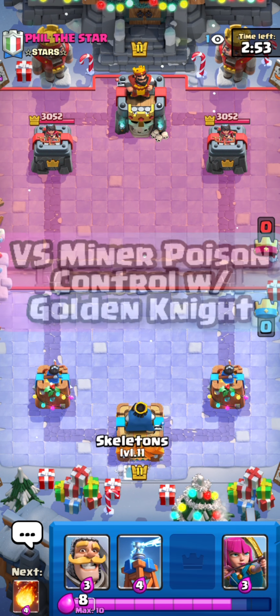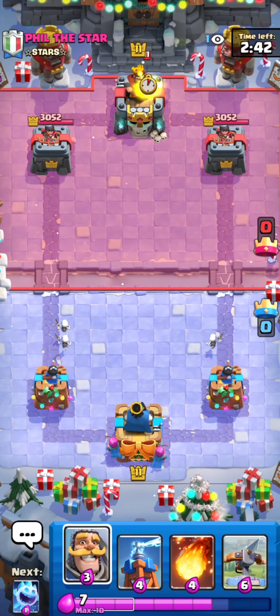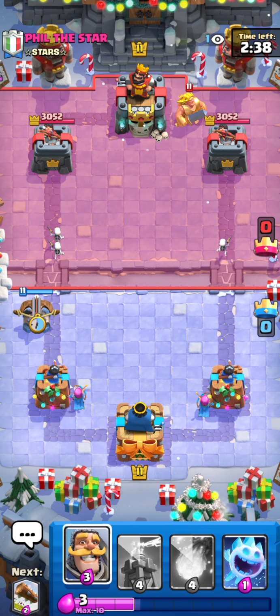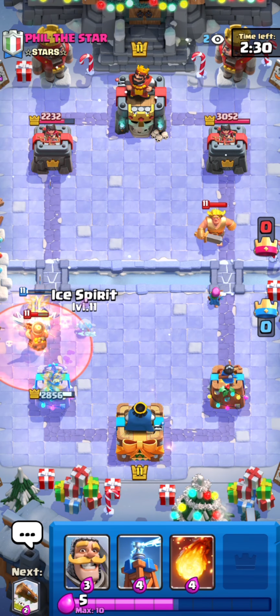I do actually recognize the name, kind of, but I don't know what he has, so we'll play it all the same. He's not going to play anything into skeletons, so we'll just split archers and see what he wants to do. He's going to go for a Golden Knight. We're actually going to Xbow, find out what deck he has exactly. It could be a P.E.K.K.A deck, maybe. He's actually going to go for Miner and Poison, so it's going to be maybe a Miner Poison cycle deck